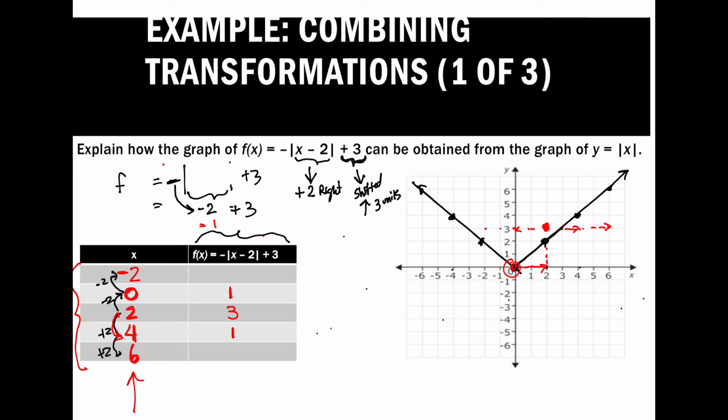This would be the f of 4. So that would be 4 minus 2, absolute value. Well, 4 minus 2 is positive 2, but again, this negative comes down, so it makes it negative 2 again, and negative 2 plus 3 is 1. So you can see that pattern there. Once we've established the pattern and we keep it going, if I go ahead and plug in the next number, which is negative 2,